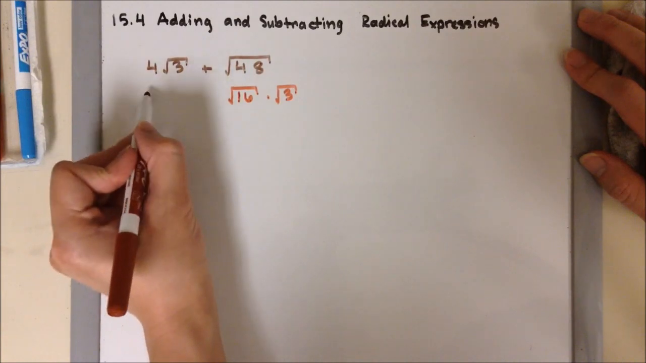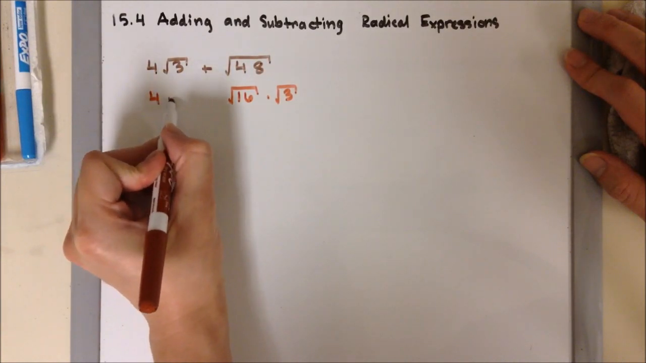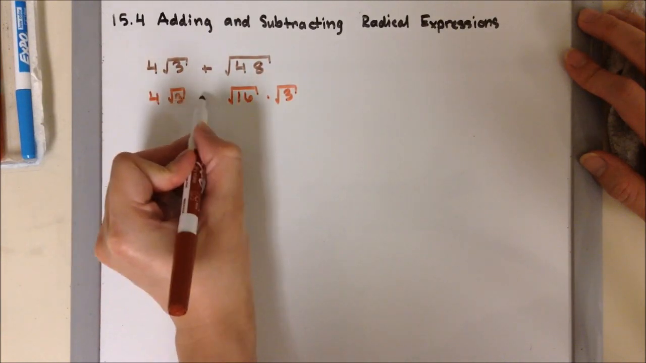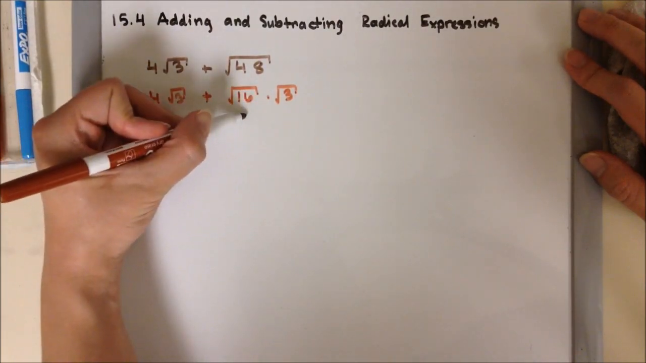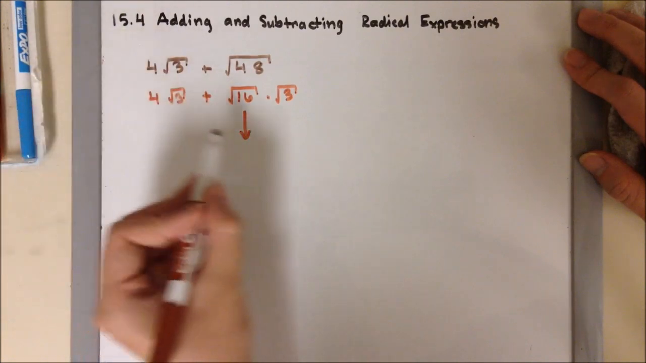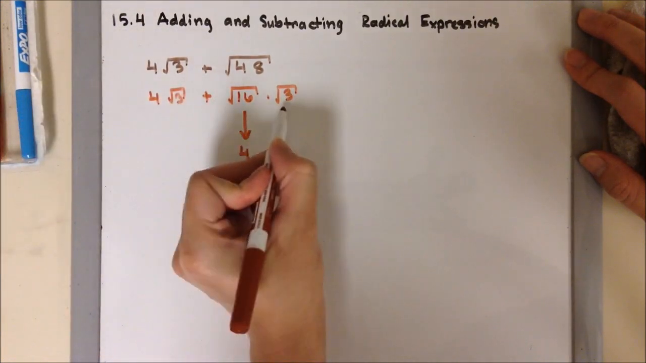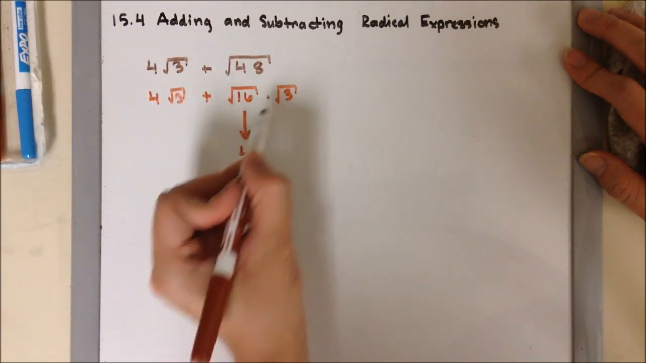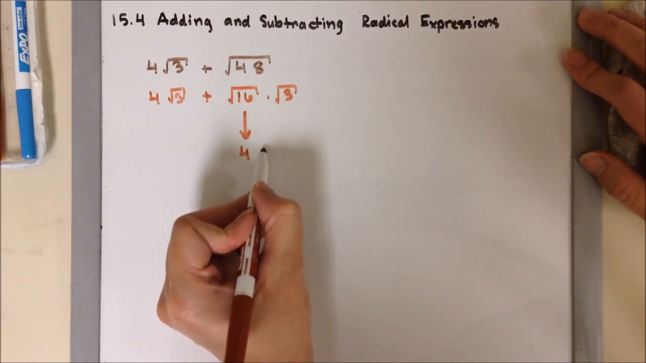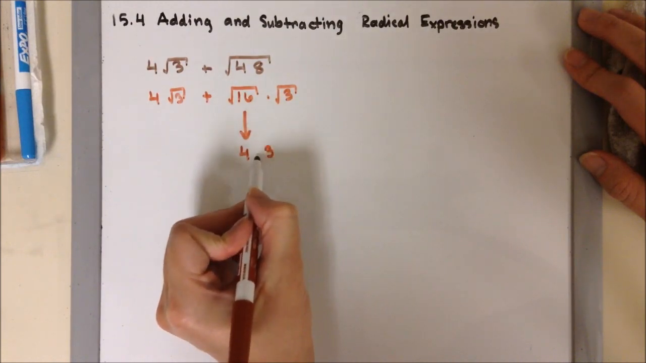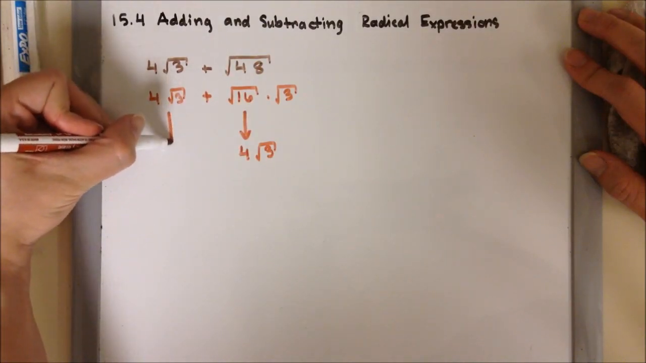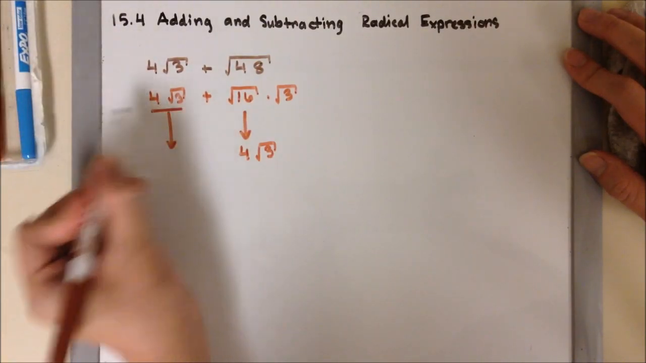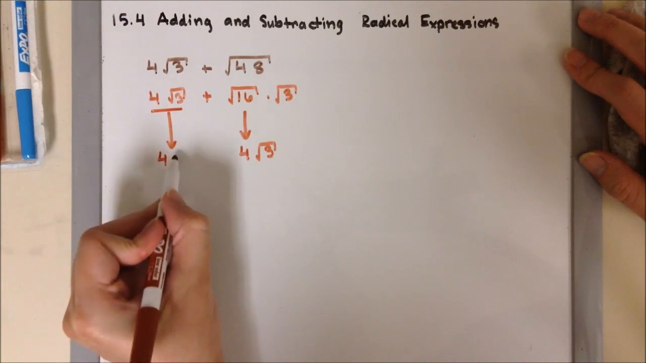And then I'm going to bring down the 4 square root of 3 with the plus. Now the only one that you can simplify is the 16. So the square root of 16 is 4. Can't simplify the square root of 3, so I'm just going to bring it down and put it next to the 4. And then I bring this one down, the whole thing. So it's going to be 4 square root of 3